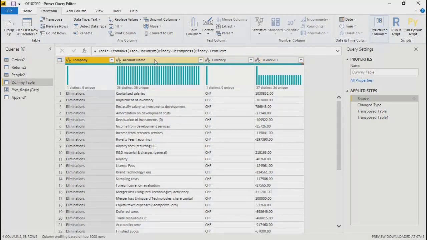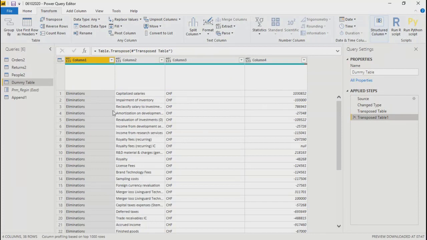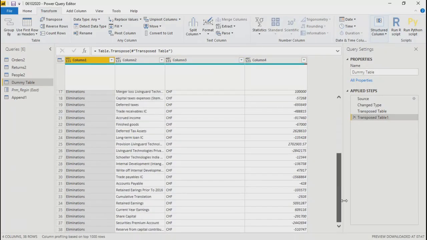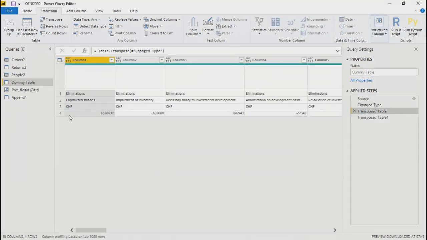We had the original headers. But when you transpose and then transpose back, you don't get those headers. You get column 1, column 2, column 3, column 4. Those headers are gone, right? That is obvious, because we transposed back from the result of the previous transpose, so my headers are already gone.